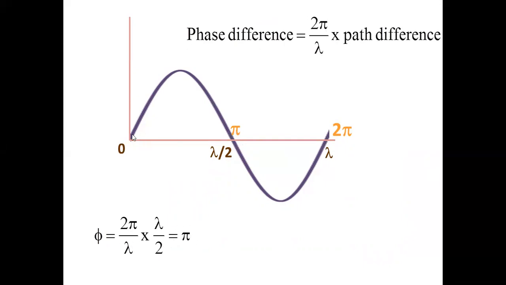Is it right? Yes. So if you have a distance of lambda by 2, then the particles within that distance of lambda by 2 must have a phase difference of pi. That means they must be vibrating in opposite phase always, because when one goes up, another will definitely be coming down. When one is at crest, another should be at trough.